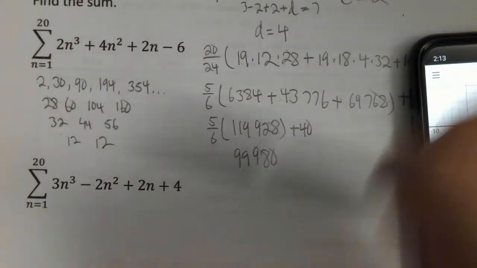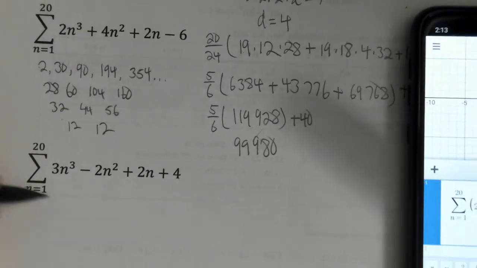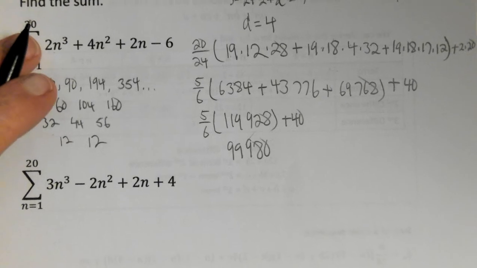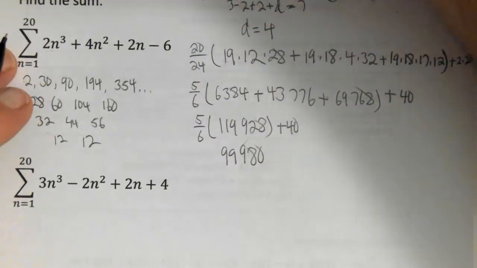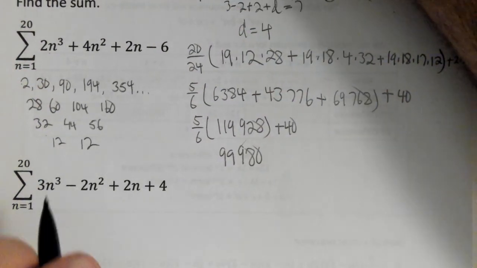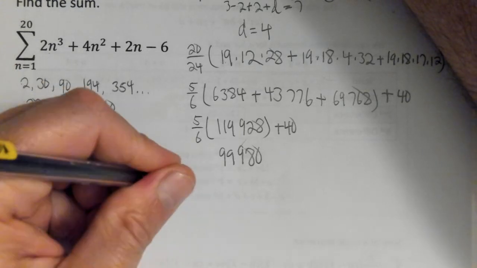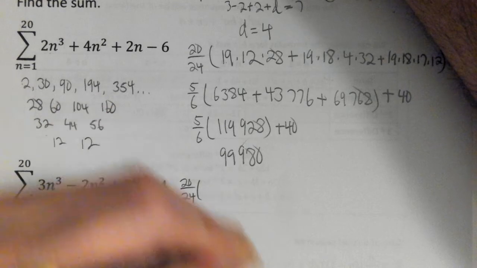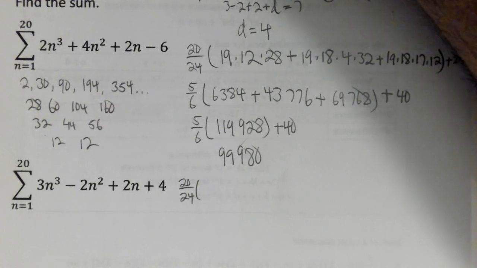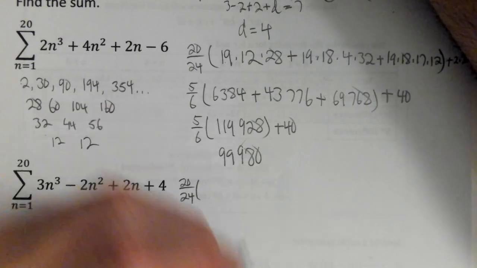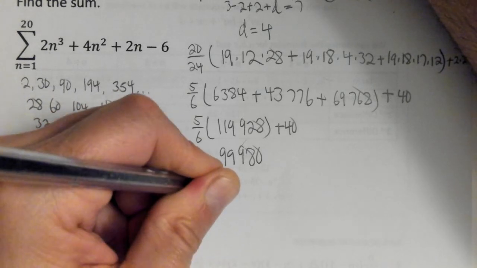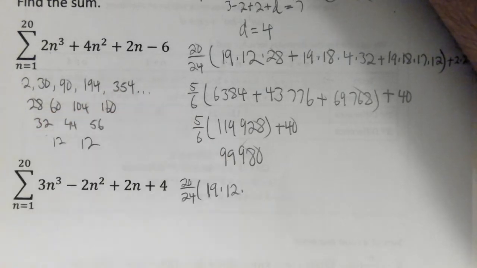another series that we want to find the sum of the sequence for. And so once again, we can go through and use the formula. It's still going to be 20 over 24. And so this time it's going to be still n minus 1, which is 19, times 12 times